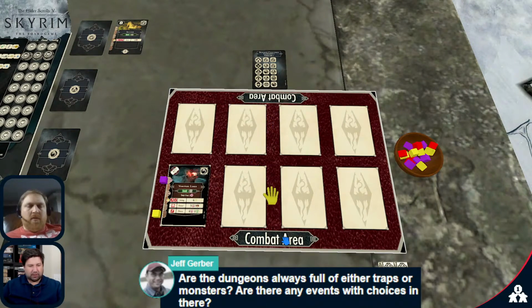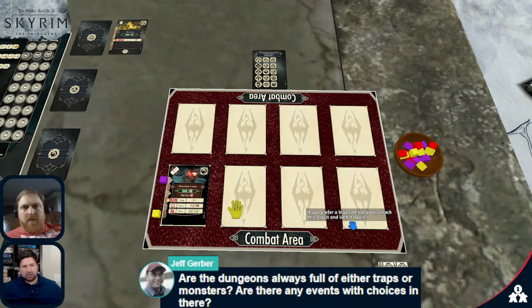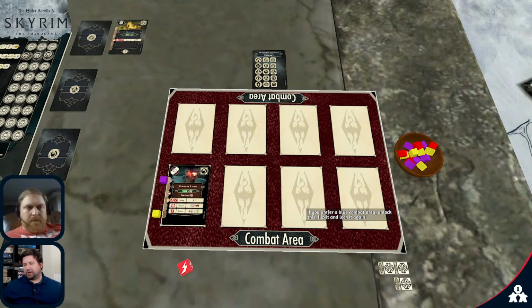So this combat area is only for the TTS mod. I don't think this combat area is going to be in the game. Okay. You just set the cards to the side, and it's just the leftmost one is the one you have to attack. Got it. Yeah, good question, Jeff. I'm not entirely sure on that one, but at least my expectation is most likely just